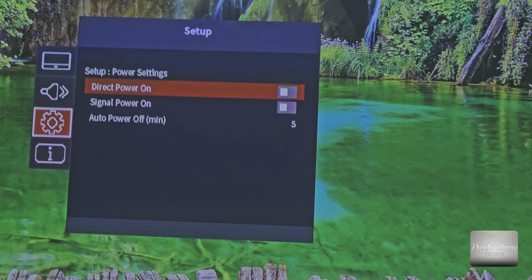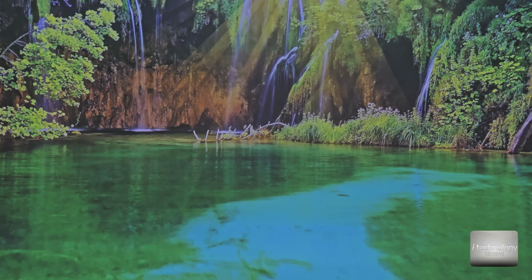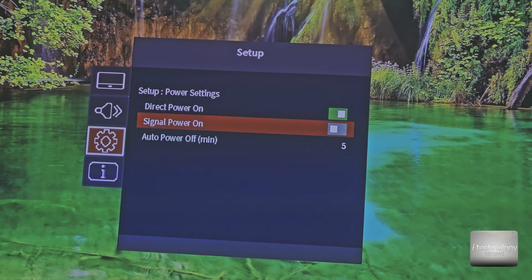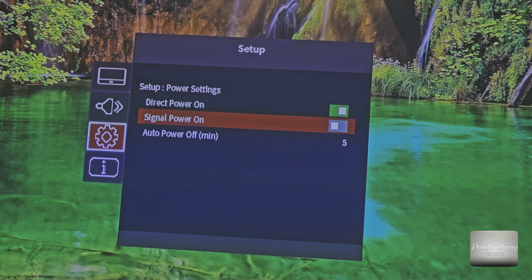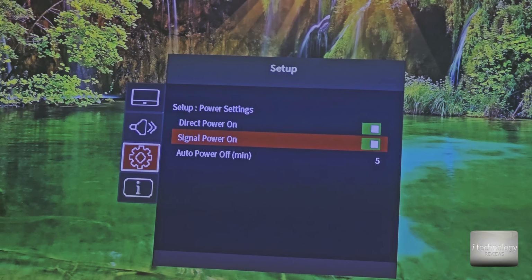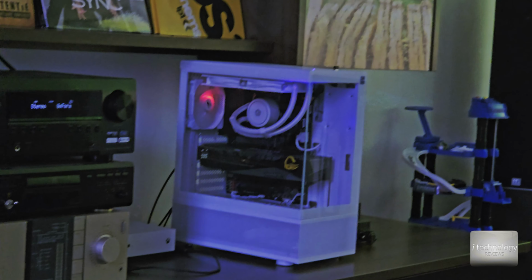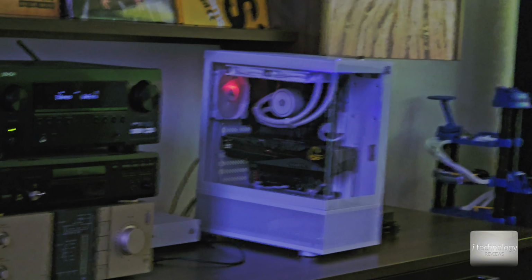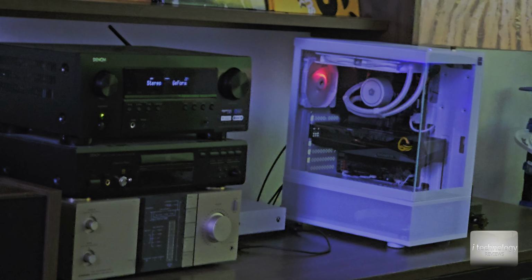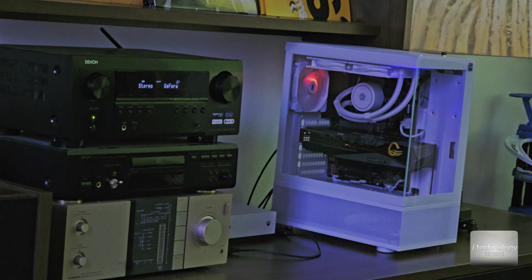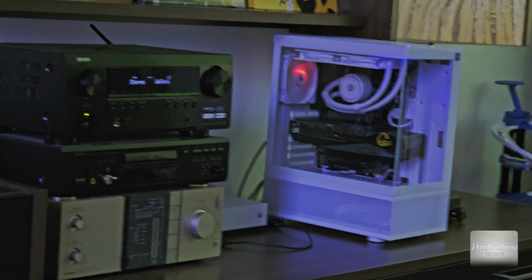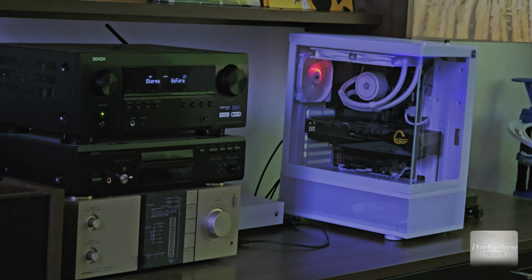Now go ahead to the power settings, and this is the option I was talking about. The direct power on is just for when plugging into the wall socket to automatically turn on the projector. And this signal power on is the trick. When your PC sends a signal to the projector, the projector will automatically turn on the receiver by CEC. Guys, it would be a great thing if some manufacturer made a firmware update just to do this by CEC,